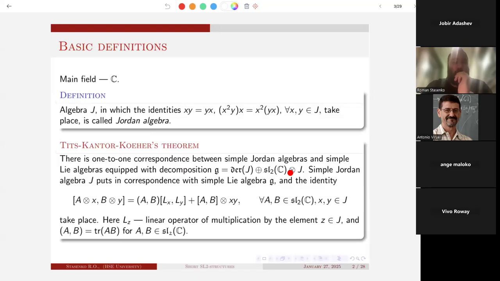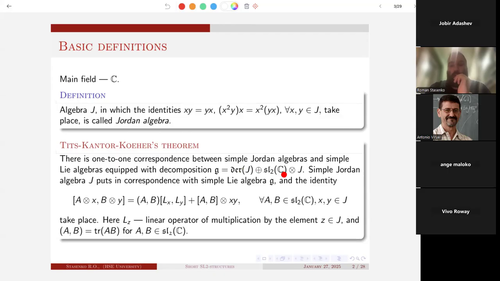The Lie bracket in this vector space is such that in the first summand it is the bracket of derivations, like multiplication in one order minus multiplication in the other order, and